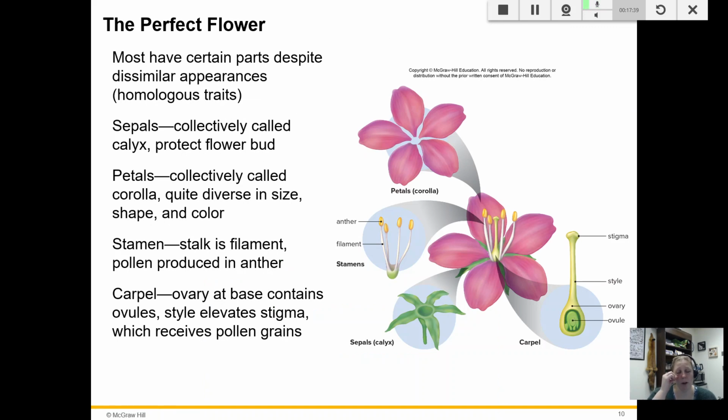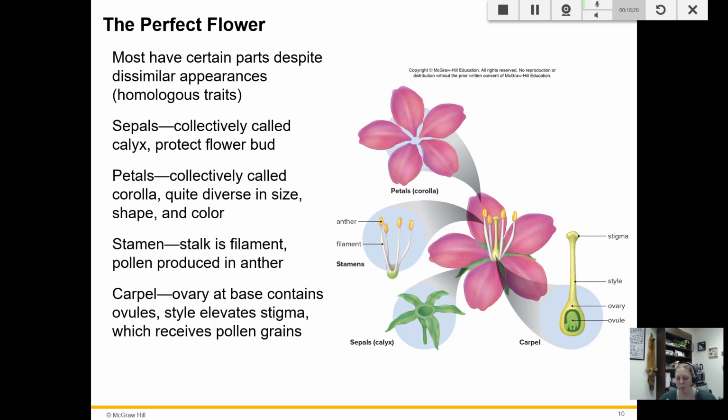A perfect flower in our flowering plants are flowers that have both male and female characteristics. So they're going to have male parts called stamens that produce pollen on the anthers, and they're going to have a female part called a carpel, which will hold the seeds and will develop the fruit if fruit is present. Both of these are contained within a corolla of petals, and those petals, carpel and stamens are all held by something called a sepal, which is going to hold the carpel long term, but it actually is the green part of the flower, okay?